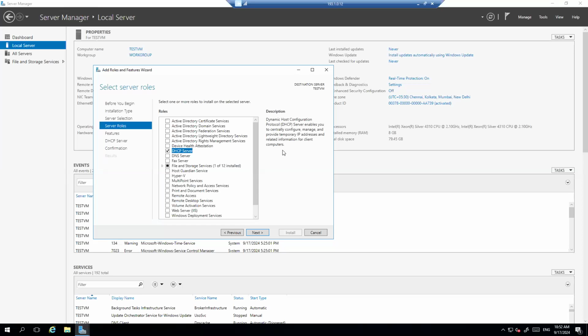And using DHCP, you can also deploy Windows 10 or Windows 11 in your network remotely, using WDS and DHCP and all. So again, DHCP is used for that purpose also. Now then we have